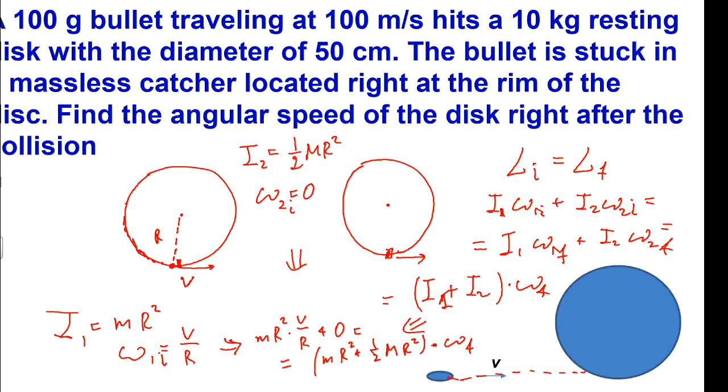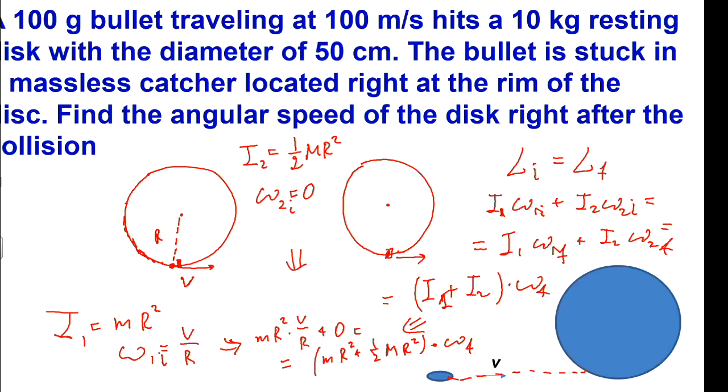In all these equations, I use the same variable r for the radius. So this r represents the radius of this disk, which is a part of this equation. However, because we shoot that way, because the catcher is here, for the bullet, this distance from the axis to the location of the bullet is also r, but that's only